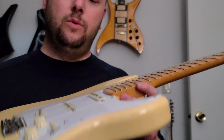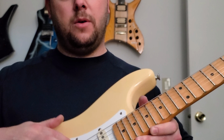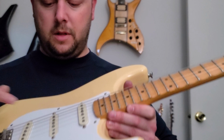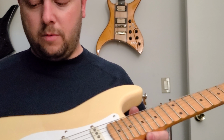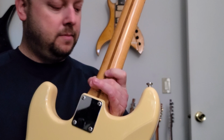The one thing that's really cool about the Japanese models is they actually gave a deep enough route to where you can flush mount the middle pickup, which is kind of cool because of any of the American models, I have all of them, they do not allow you to do that. It's going to be a little bit above the pickguard, so I know I don't really use that pickup, so I like it all the way flush if possible. 5-way switch, just like the other one. All of the signature models have a 4-bolt neck. Now we'll move on to